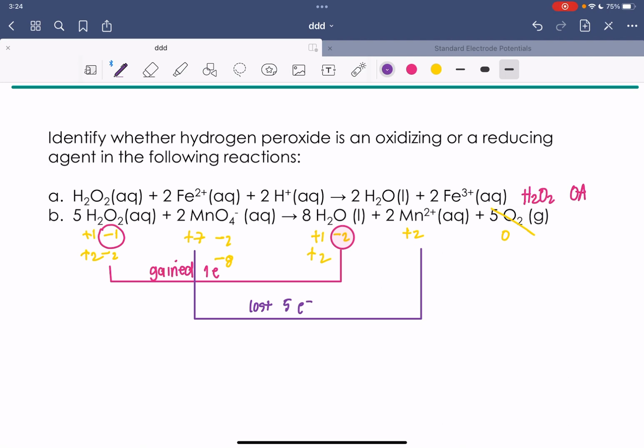Okay, so following the same mnemonics, again, if you lose your electrons, that's your oxidation process. That means it's your reducing agent. And then if you gained electrons, you've got your reduction process. So those are your oxidizing agents. That means the hydrogen peroxide in letter B is still